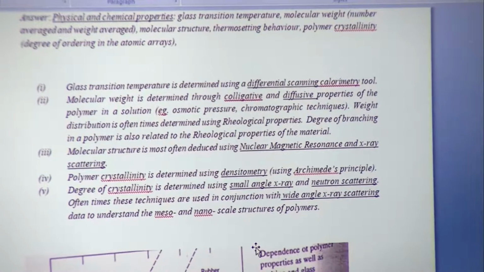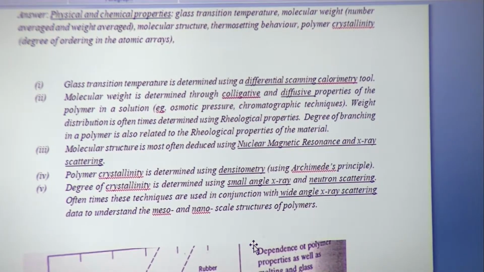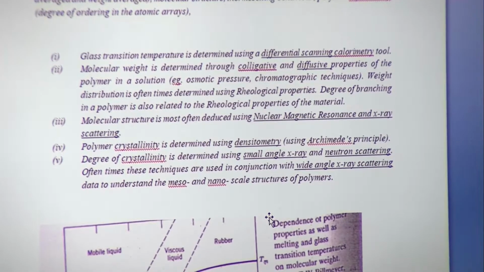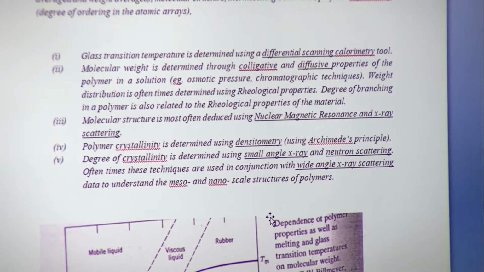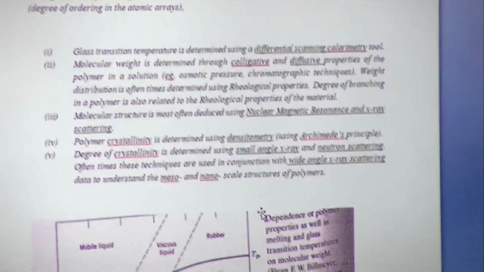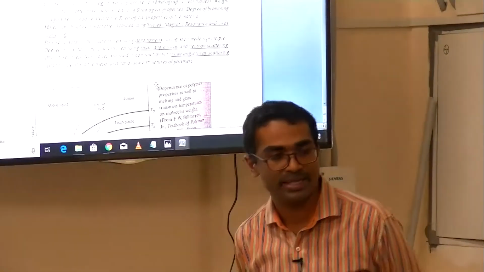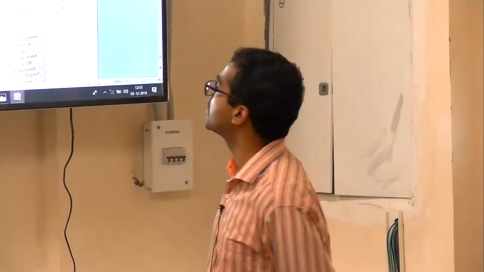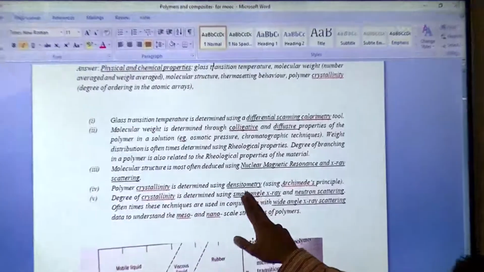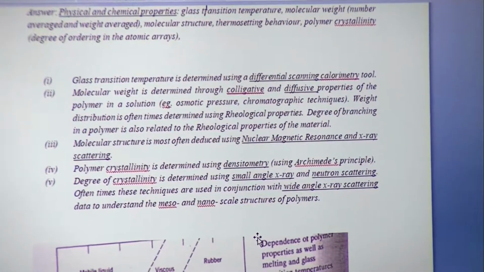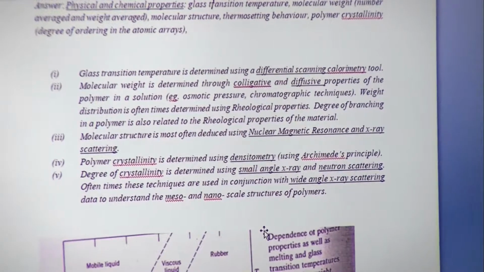And this, by the way, is very widely used as a technique in polymer chemistry, polymer science, organic chemistry and so on. NMR allows you to determine how atoms are positioned with respect to one another. And carbon based NMR is very widely used, isn't it? Proton NMR is very widely used for studying organic compounds. It says polymer crystallinity by using densitometry. The more dense it is, the more crystalline it is. Very good.